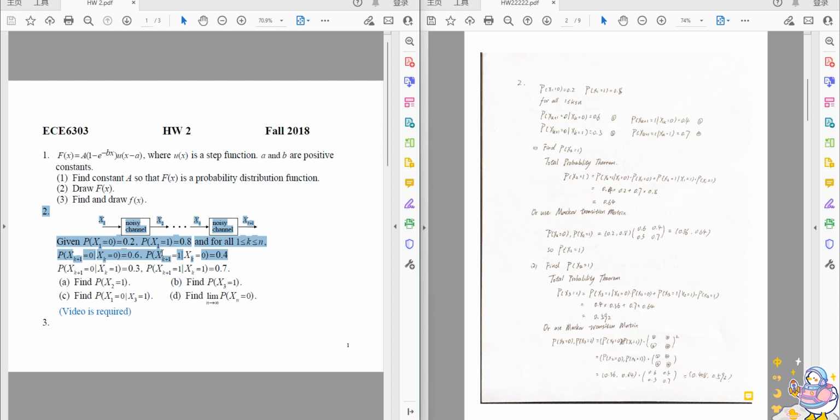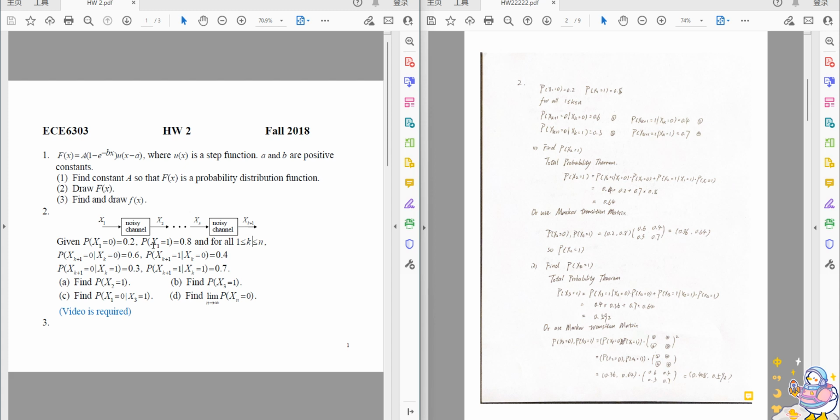So let's focus on our question 2. First of all, we're shown that the probability that x1 equal to 0 is 0.2 and the probability of x1 equal to 1 is 0.8. Then for all k less than or equal to n and greater than or equal to 1, we can get